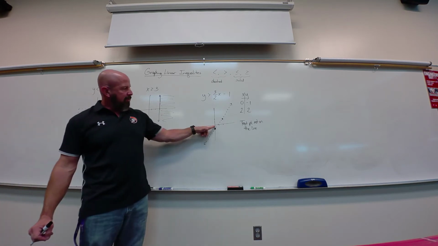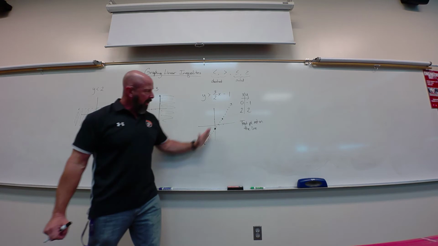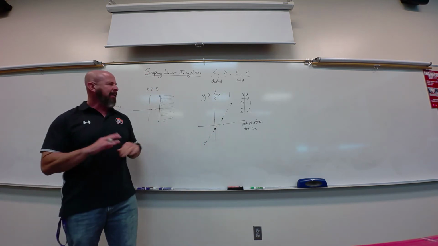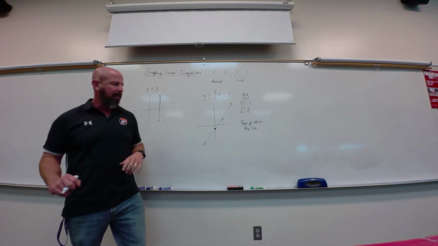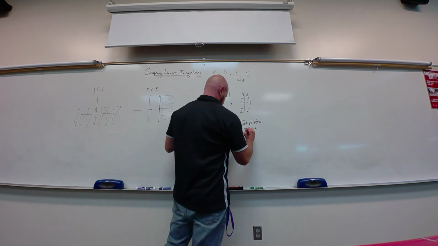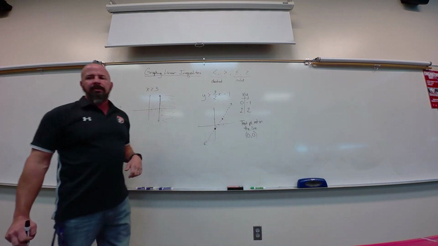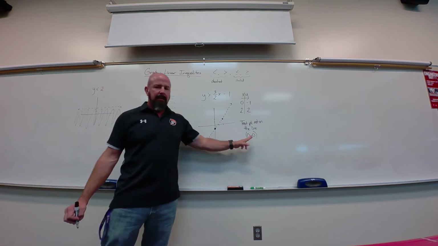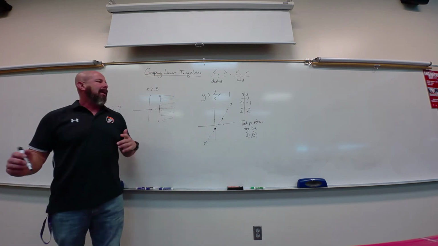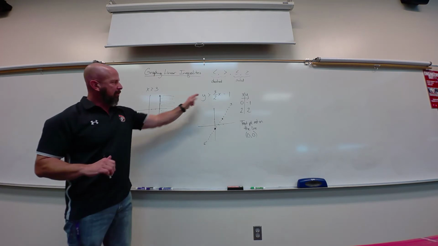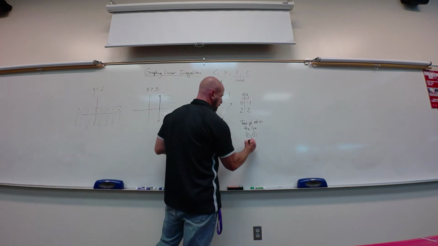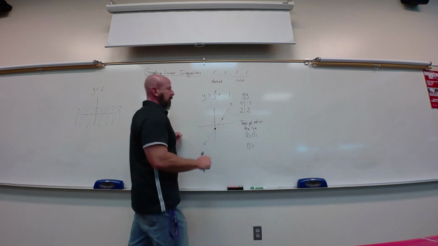I want to find a nice, easy point, not on the line. And 0, 0 is an easy point. It's not on that dotted line. I can pick anything I want. I just don't want to be on the dotted line. So I'm going to test 0, 0. What I'm going to do is substitute 0 for x, 0 for y, and see if I get a true or false statement. So 0 for y: 0 greater than